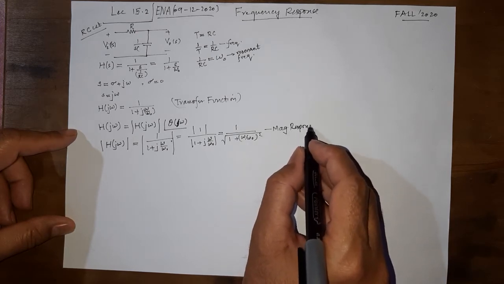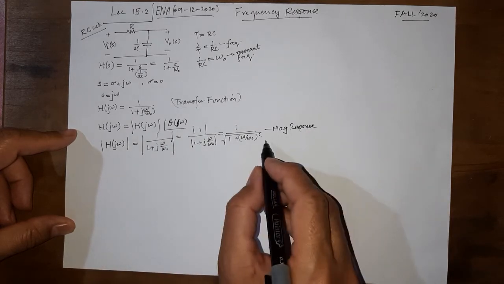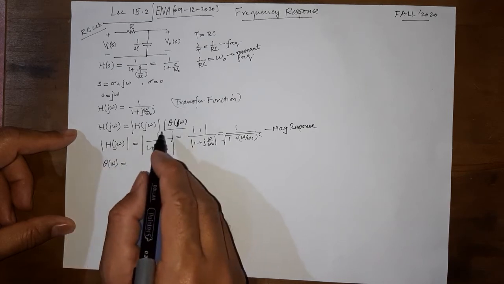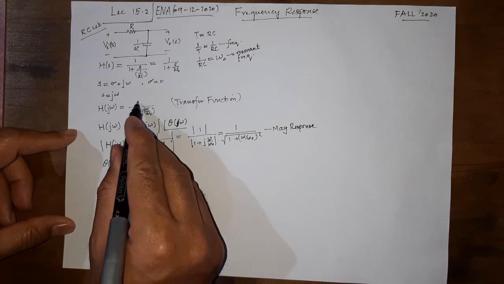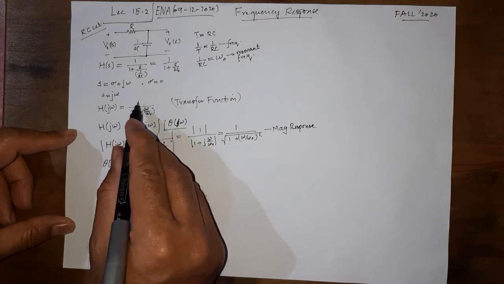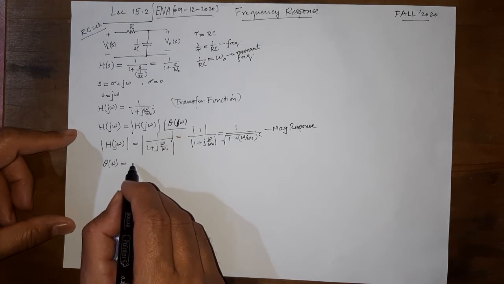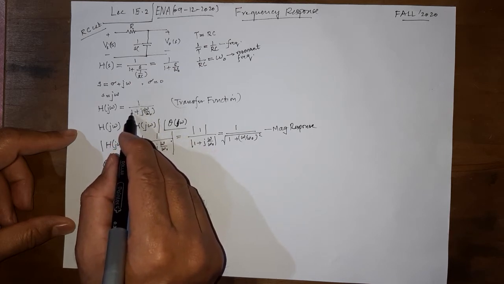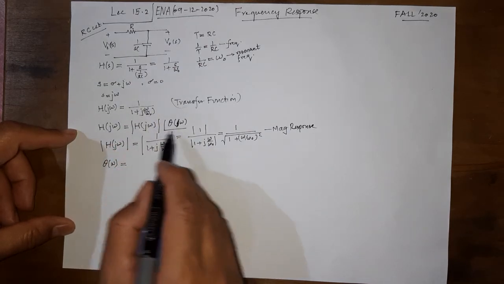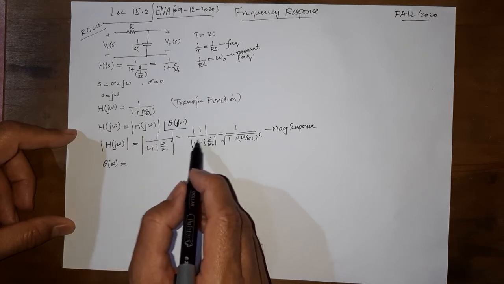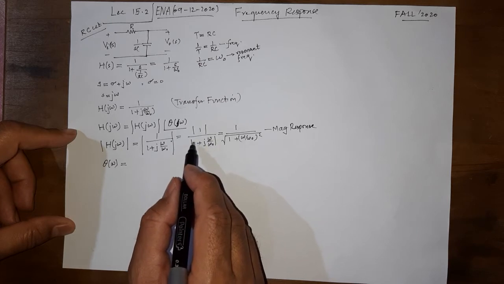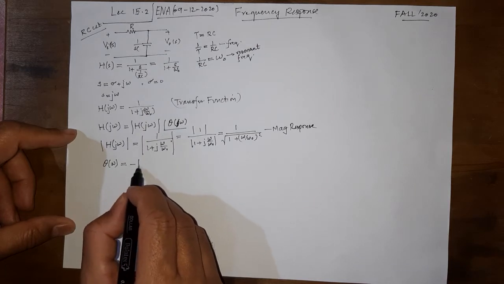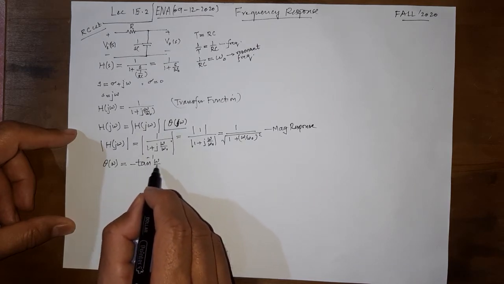response, how it depends on omega. And this theta omega would be equal to the phase angle of the numerator, which is a real number, so it has 0 as the phase angle. Whenever there is a division, we write the phase angle of the numerator minus the phase angle of the denominator, and the phase angle of this complex number is tan inverse of the imaginary part divided by the real part. Because it is 0 minus this thing, we get minus tan inverse omega over omega naught.